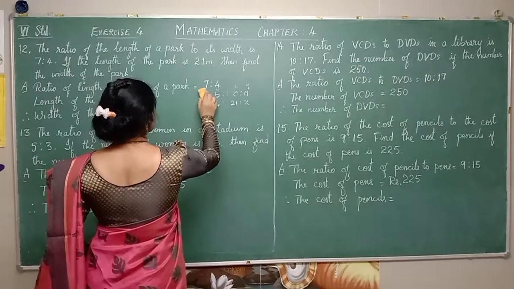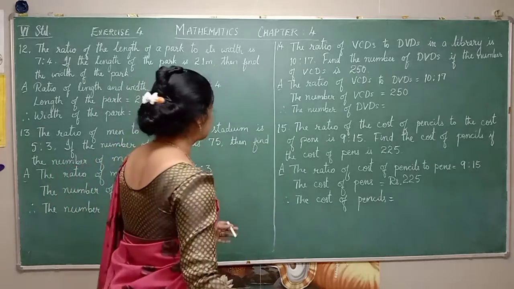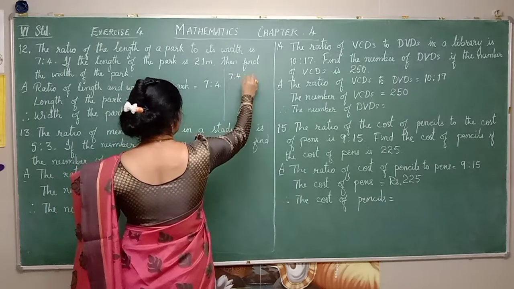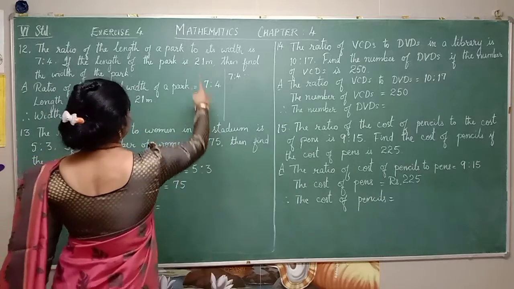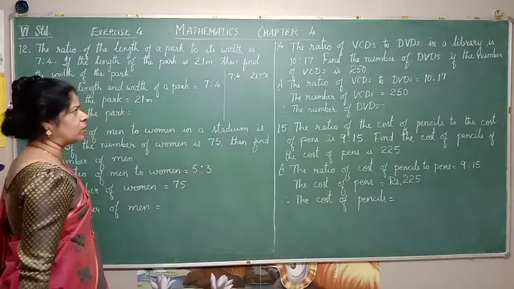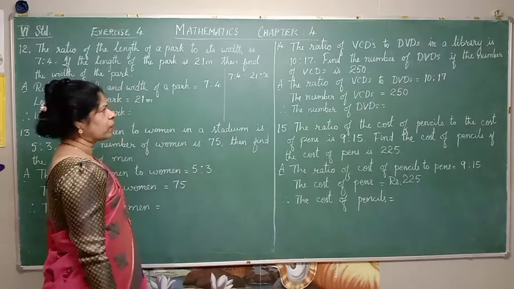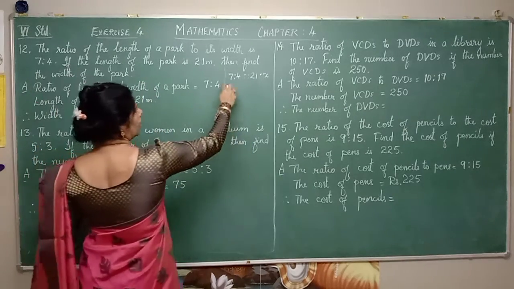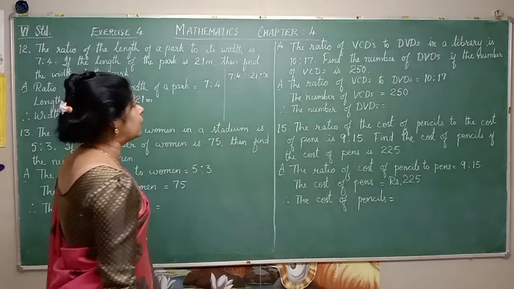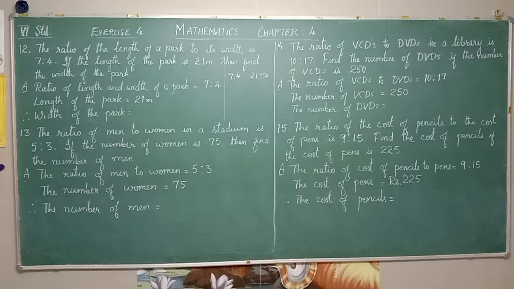Now let us see. So in the working column, you make it as 7:4 is as to how much? 21 is to X. Because width you have to find out. So this is length and width. Again length and width. So width you have to find out. Now as per the rule, what is the rule? The product of extremes will be equal to the product of means, isn't it? So the product of extremes is what? Now it is 7 into X.